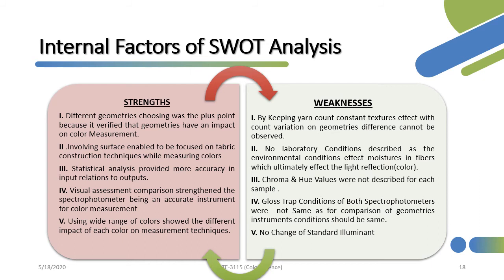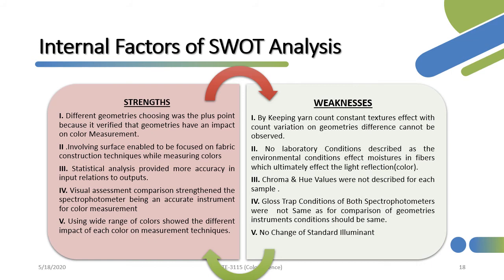Then the weaknesses of the SWOT analysis are the keeping yarn count constant during all the samples manufacturing, because yarn count has a direct effect on the fabric properties, but the author in the research kept a single yarn count of 160 denier, and he said that the texture hadn't any effect on the spectrophotometer geometries changes, while if he would use different counts of fabrics, then it might be possible that texture will affect the spectrophotometer geometry. So it is the weakness of the research that the author doesn't use different yarn counts,